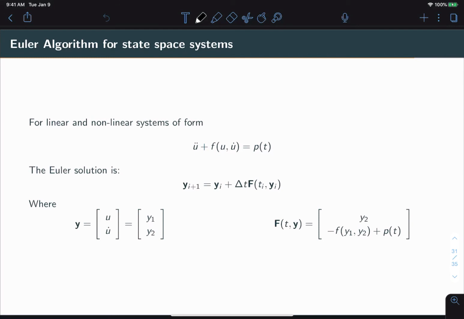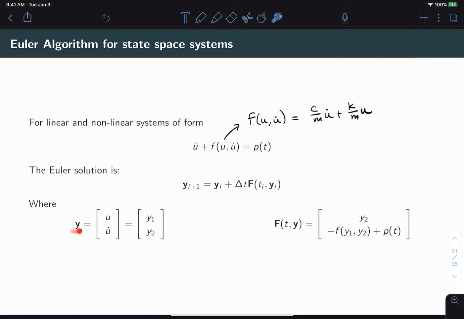So putting everything in context of the Euler algorithm, we'll start with the general differential equation of u double dot plus some function of u and u dot equal to some loading function. Now this is just a more general way of writing, but notice that for your typical linear system, this f of u might look like the following, and in that case the Euler solution is the same as before, but again in vector notation. So we take the time interval delta t, we multiply it by our vector function, and we get the next vector in time,